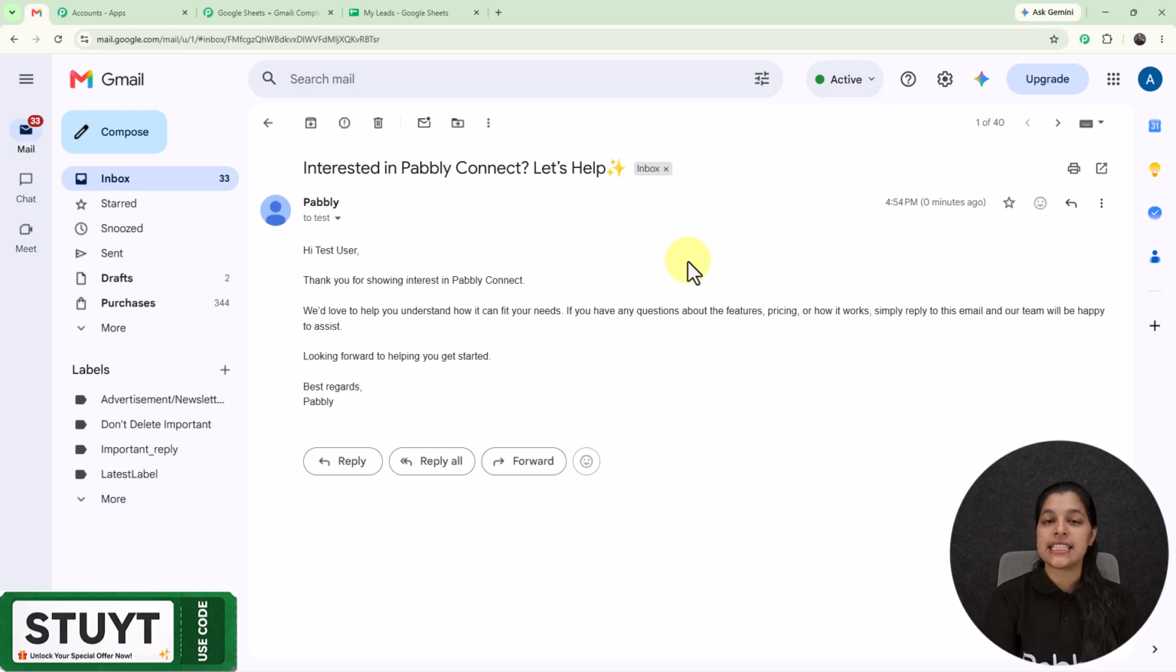So by using this automation tool, you can send personalized emails to your leads. And by looking at this email, you can see that as soon as I have made the entry, an instant email is sent to my leads. So now you can also automate the process of sending emails to your leads by just using this automation tool